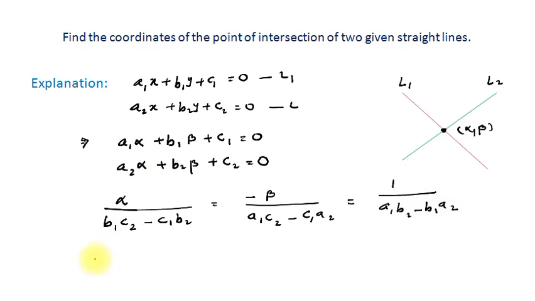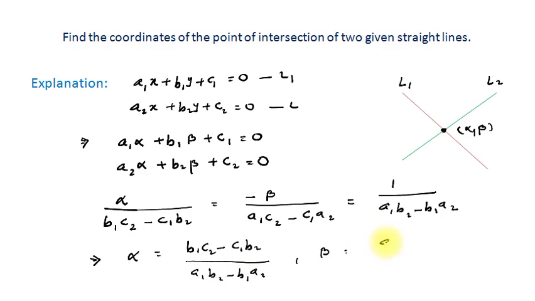So from here we can write the value of alpha is equal to b1 c2 minus c1 b2 divided by a1 b2 minus b1 a2, right,